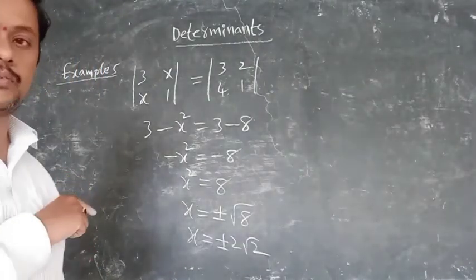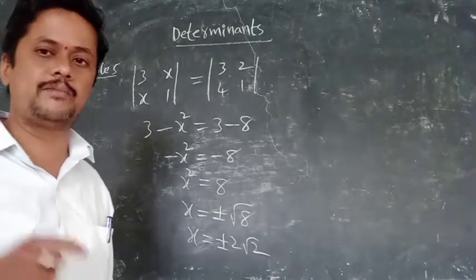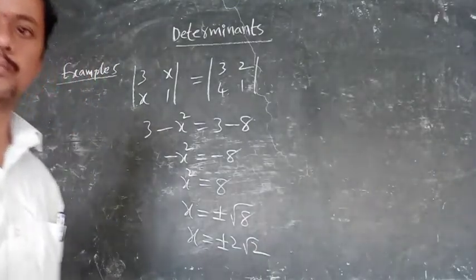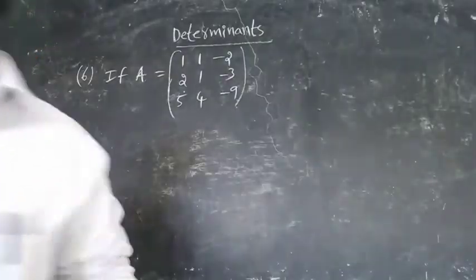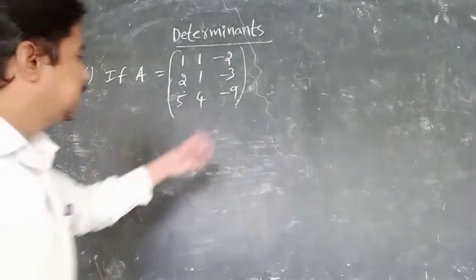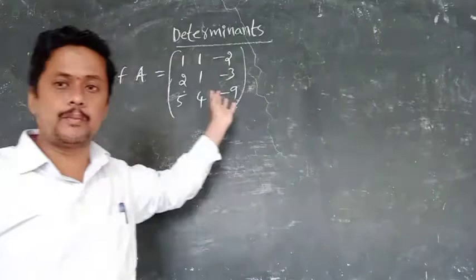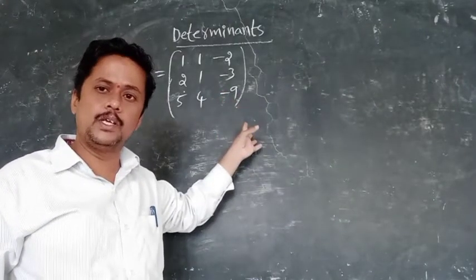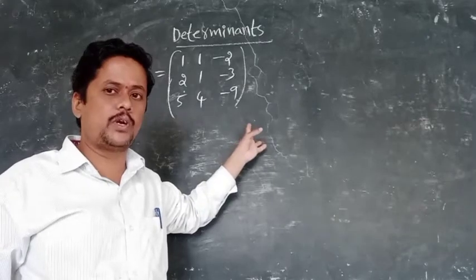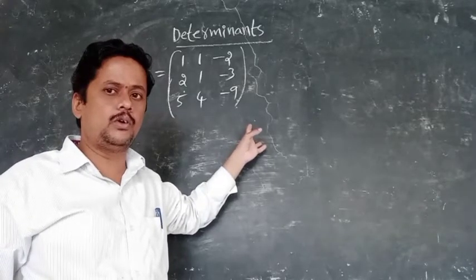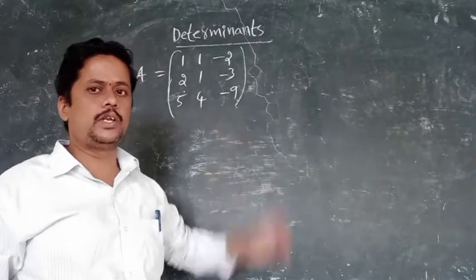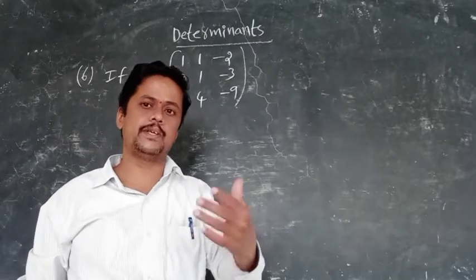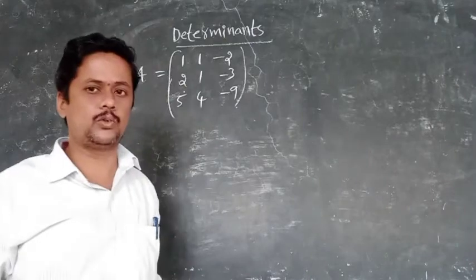This is example 5. These 4 problems are very, very important for the main examination. See, the sixth problem, I already gave it as homework. I will do it another time. If you have any doubt, some students are facing difficulty in finding the 3 by 3 matrix determinant. That's why I am making another revision for 3 by 3 matrix. Please go through this one.